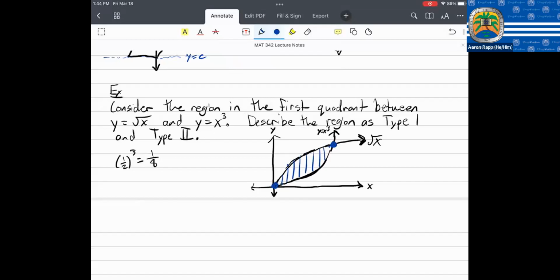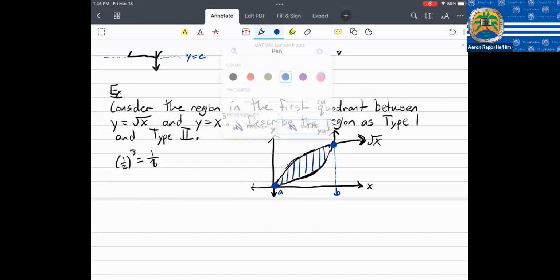Because wherever these two functions intersect is going to give me the farthest left of this region on the x-axis and the farthest right of this region on the x-axis, giving me that my a value is somewhere in there, and my b value is somewhere here. And then anywhere between that a and b value,